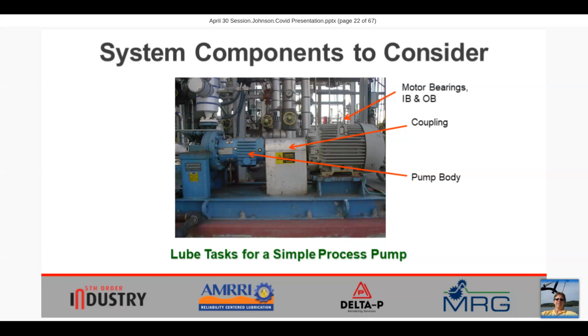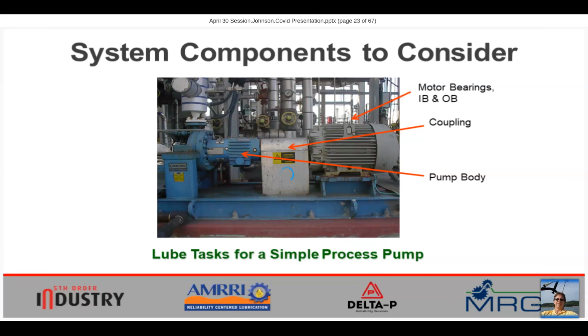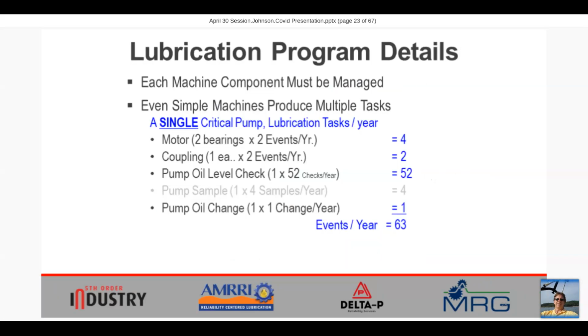Many of our couplings are not lubricated. Still, we have some that are. We have a coupling, a subcomponent level item that must have a plan. And then the pump body itself would have its own separate plan. If you think about a simple,